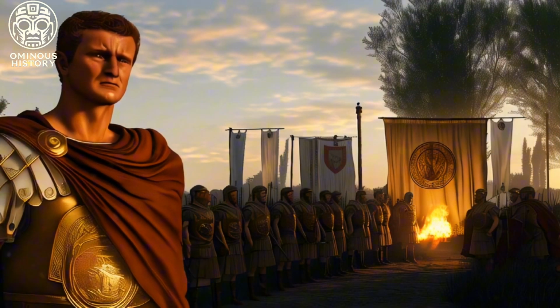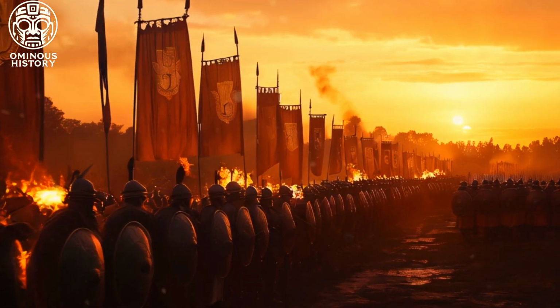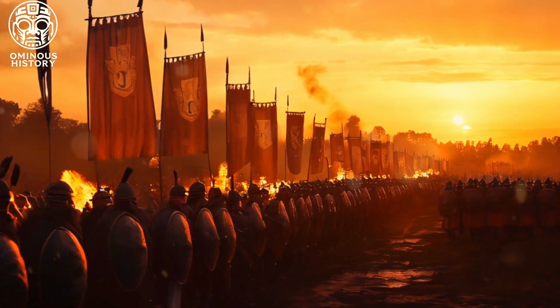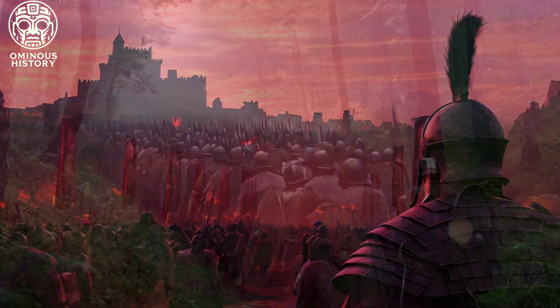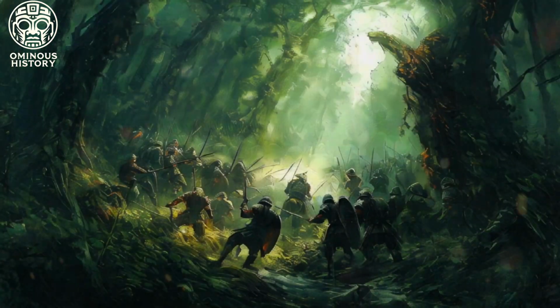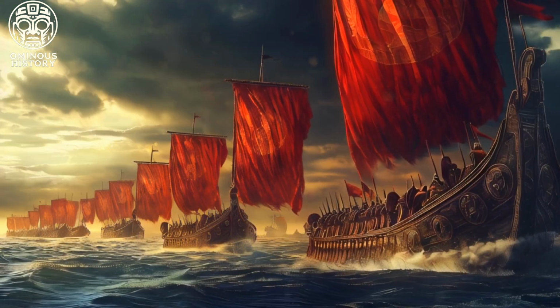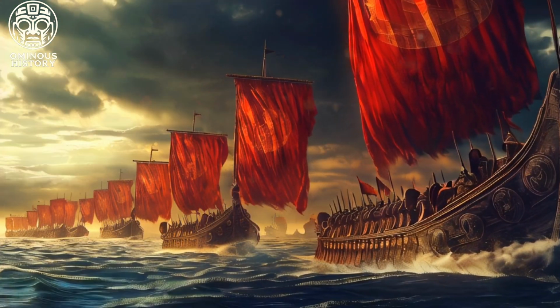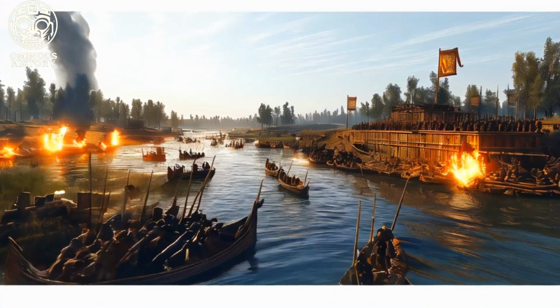Octavian merged the legion with another unit, creating Legio X Gemina, the Twin. This transformation marked a departure from the singular identity it held under Caesar. Relocated to the Danube frontier, 10th Gemina spent the early decades of the 1st century CE patrolling the borderlands and clashing with Germanic tribes. Under Emperor Claudius, it participated in the invasion of Britannia in 43 CE, playing a crucial role in the capture